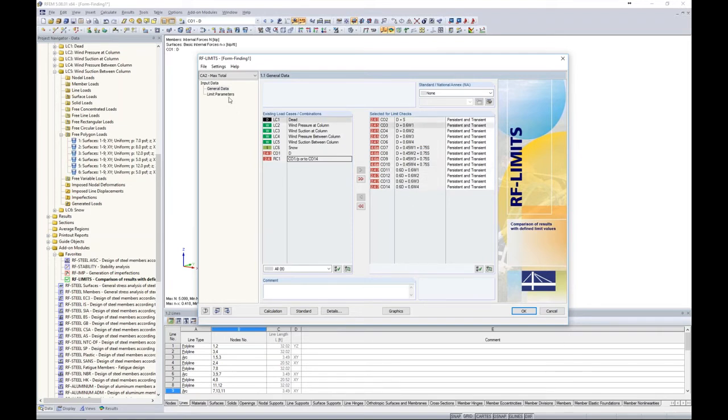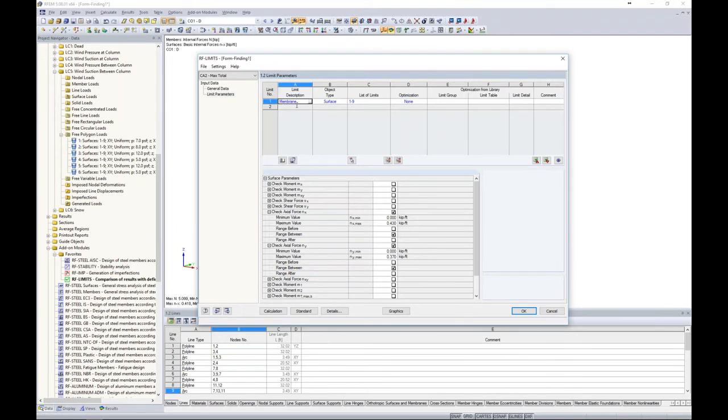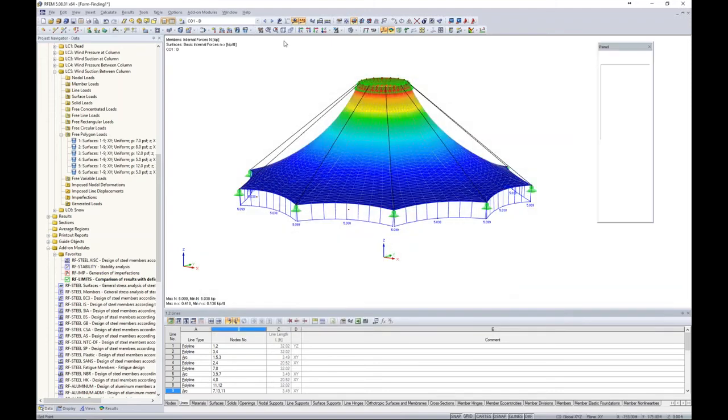Now my limit parameters, again, I made a copy so it remembers all of my information from that last case that we just did, but I probably want to change my maximum values here since we're applying a lot more load. For example, NX max might be something like 1.26 from our testing. And Y max might be something like 0.95 kips per foot, and now I'm ready to rerun that calculation. So I click the calculation button,